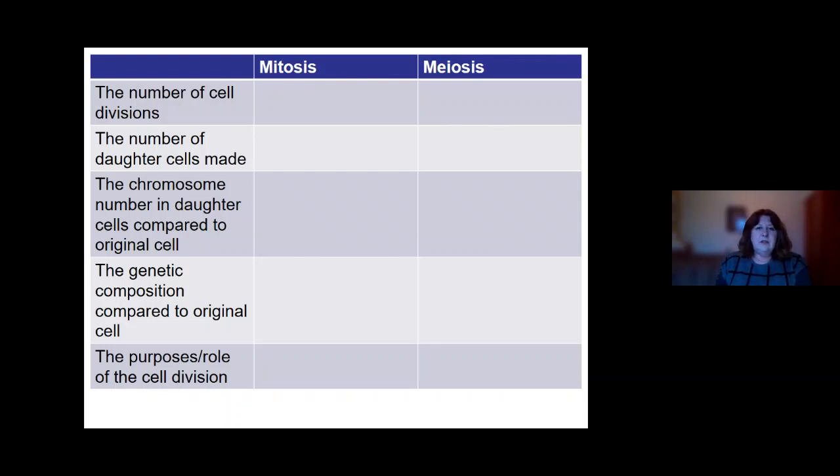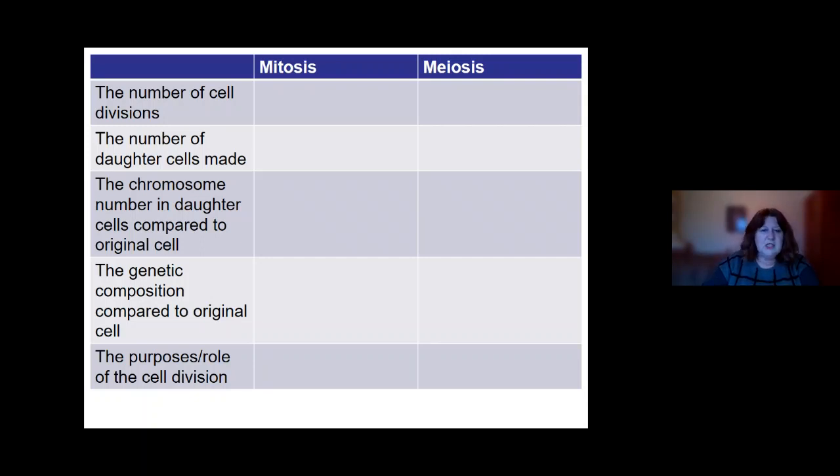What I want you to do now is pause a little bit, and I want you to look. There are some options there on the left-hand side of each of those processes and the number of cell divisions and the number of daughter cells. So have a little look. How are the cell divisions different? How are the number of daughter cells made different? What's the chromosome number like in the daughter cell compared to the original, the parent, the mother cell? What is the genetic composition compared to the original? Is it the same? Is it different? And what is the